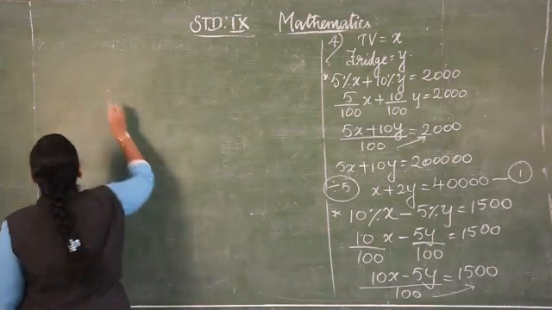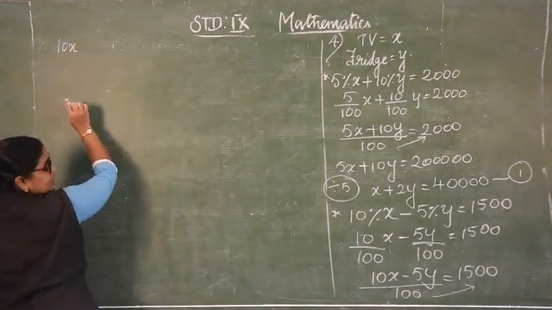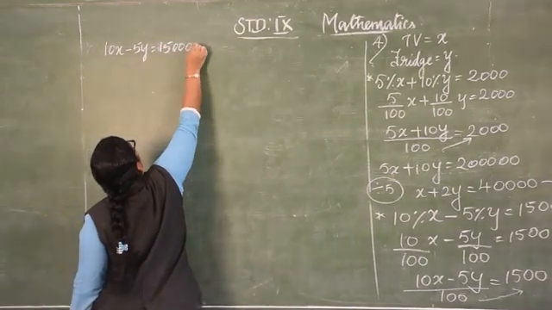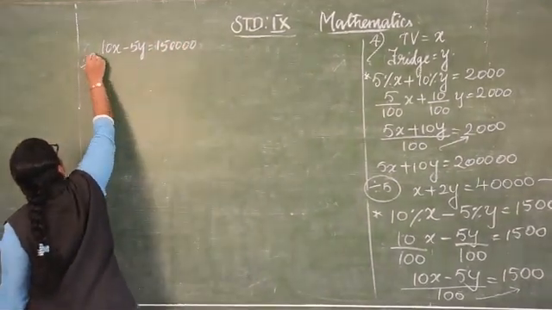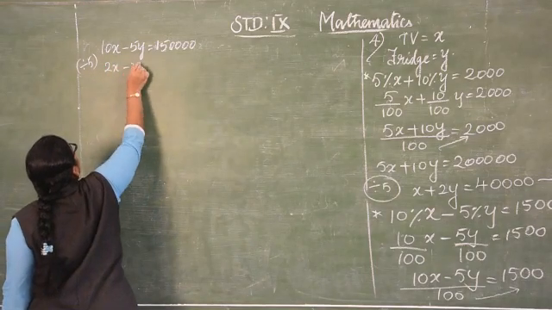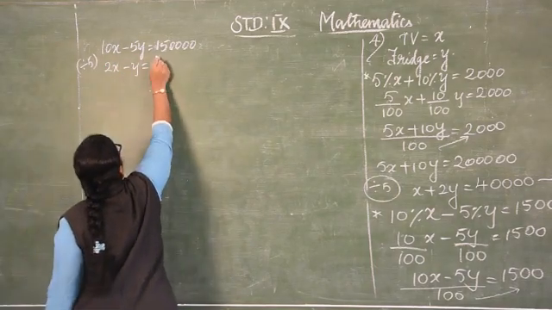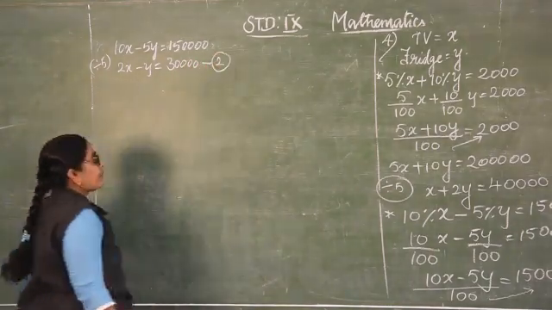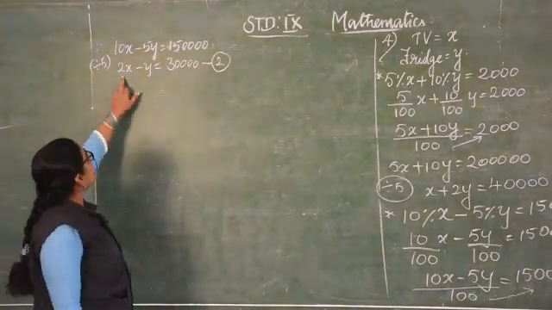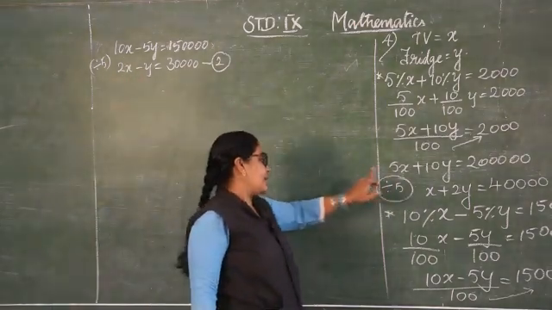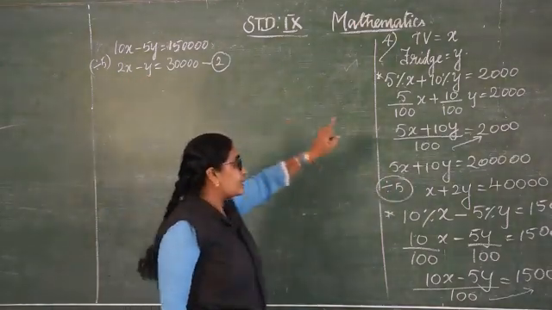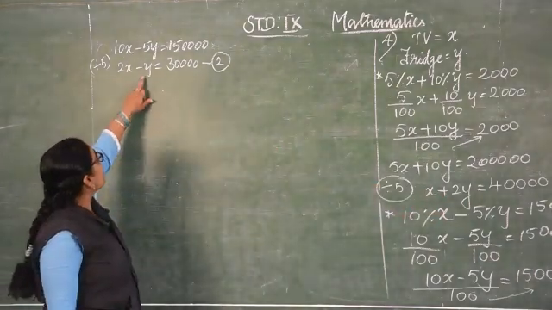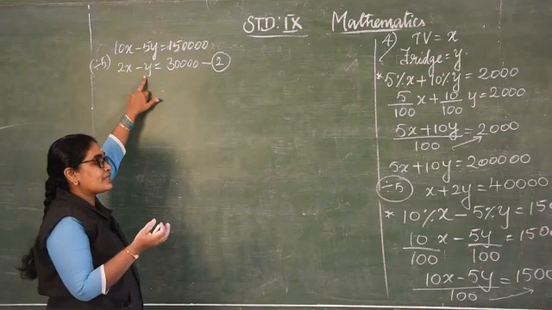Then you will be getting the answer as 10x minus 5y is equal to 1500 and 2 more zeros. Again it will be divisible by 5. So 2x minus y, when you divide it by 5, it will become 3. This is your second equation. Now compare the coefficients. Here 2x, here 1x. Here y, here 2y. So which one do we want to eliminate? We are going to eliminate y now because it will be easy.